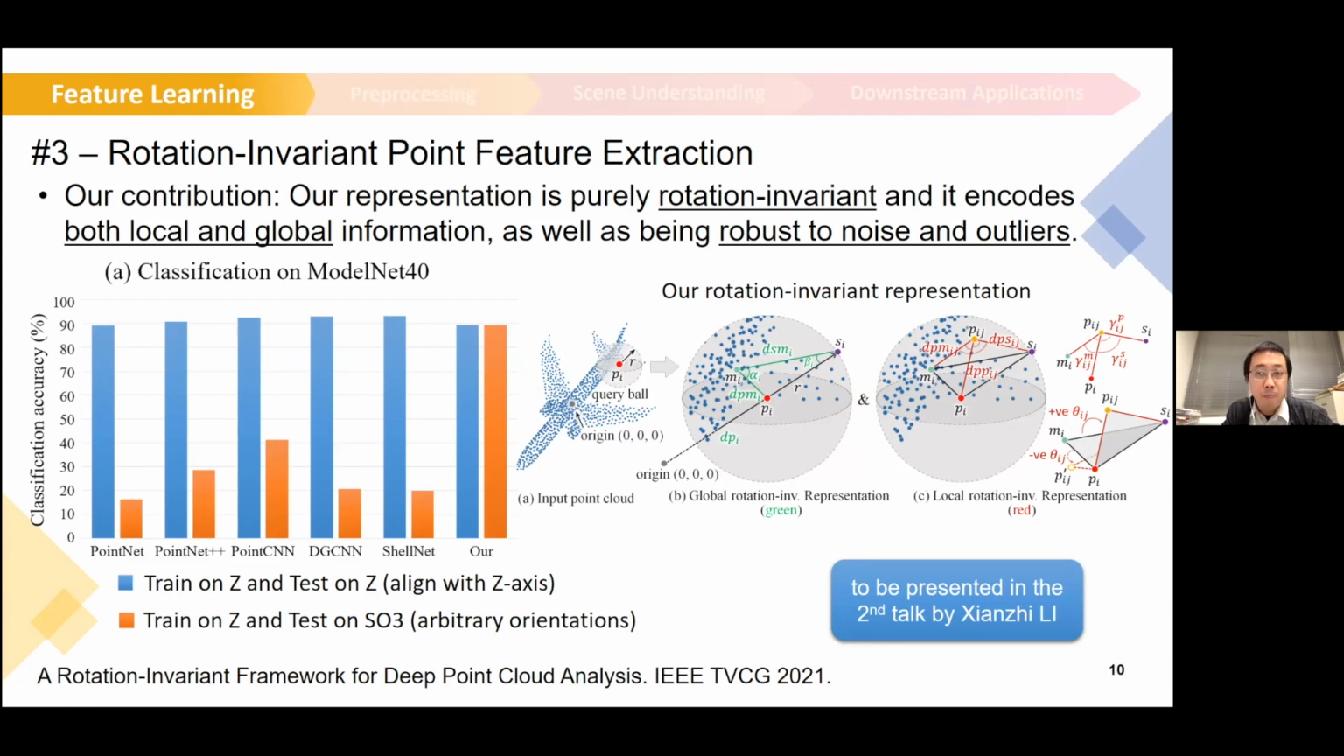For the blue bars, it means that we train on the z-axis orientation and then test also on the z orientations. In other words, when we try to use this kind of trained network on objects with arbitrary orientation, it will have poorer generalization, which corresponds to the orange bars here, which means that we train on the z-axis orientation and then test the trained network on objects of arbitrary orientation. To overcome this issue, we design a learnable representation shown on the right-hand side, which is